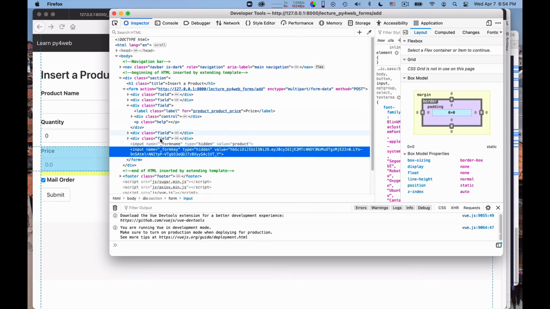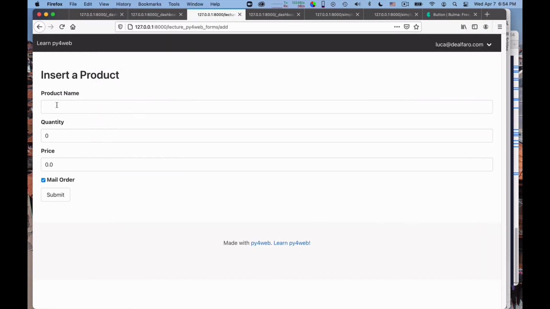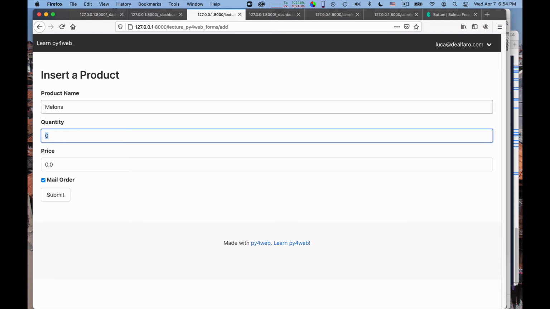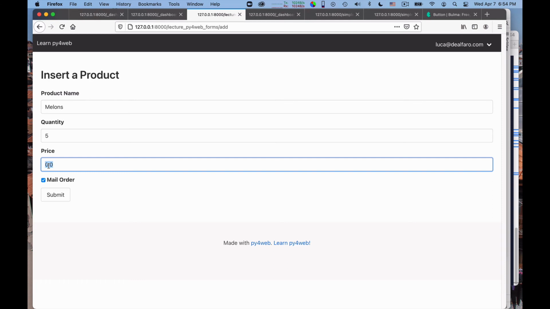So I have now modified my form key, and I try to add a product, which is, I don't know, melons, and I want 5 melons, at $6.99. And I click on submit, and this does nothing. The form is being rejected.